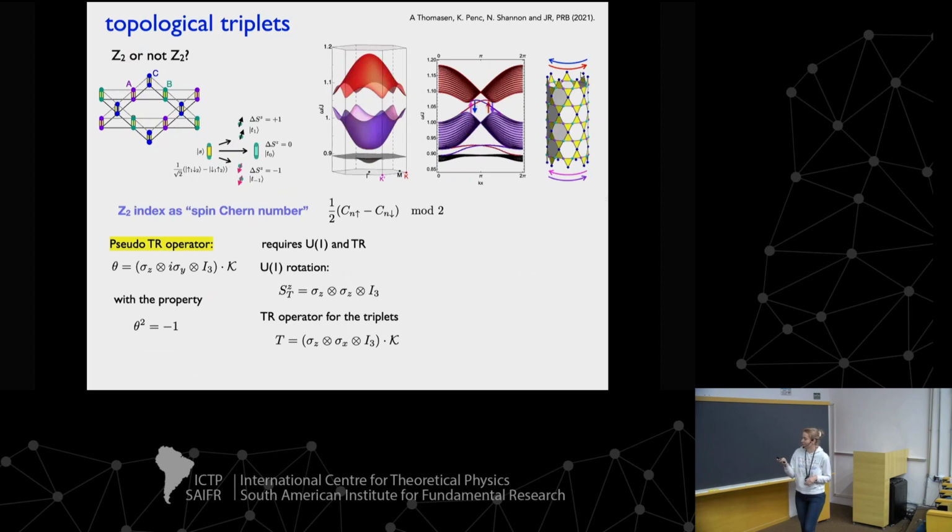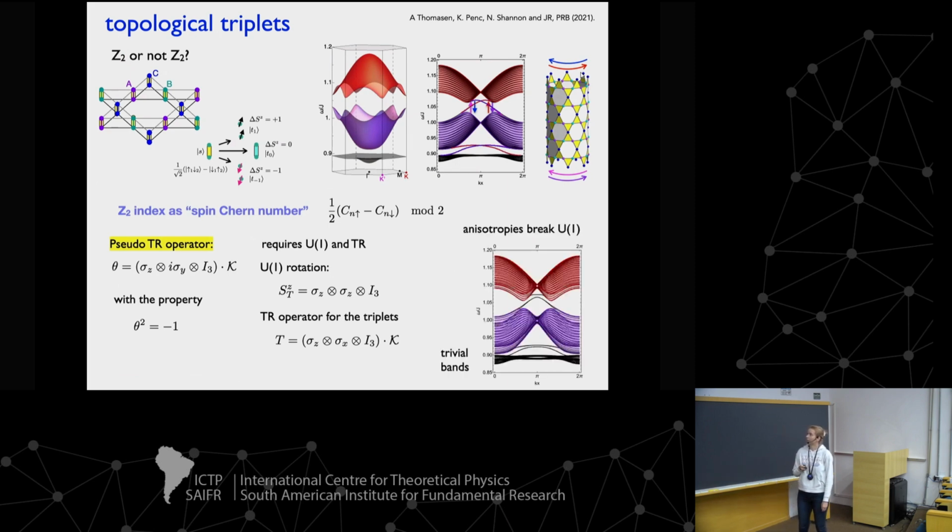Okay, right. So we require this U(1) symmetry and also the time reversal symmetry. As soon as either of them is broken, the Z2 band topology is lost. And as it turns out, in real materials this is almost never the case. Almost all the time we would have some kind of anisotropy. In this case, for example, the symmetric exchange anisotropy will destroy the U(1) symmetry, and together with that, the Z2 band topology as well. So these are not really stable, unfortunately.